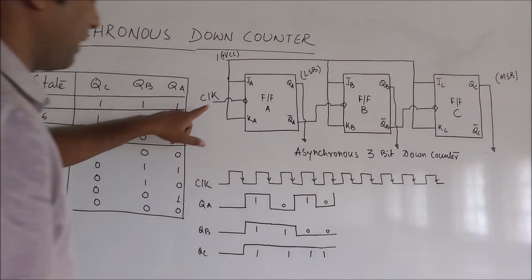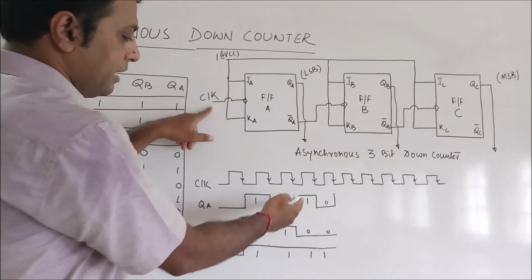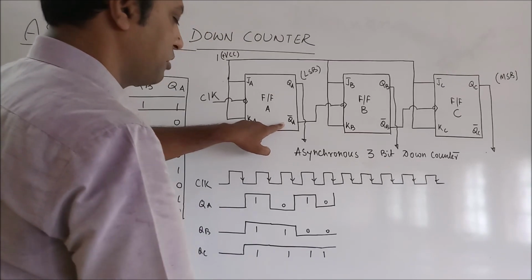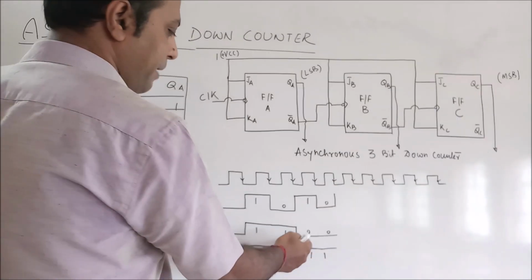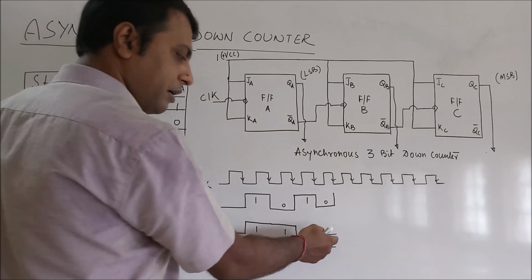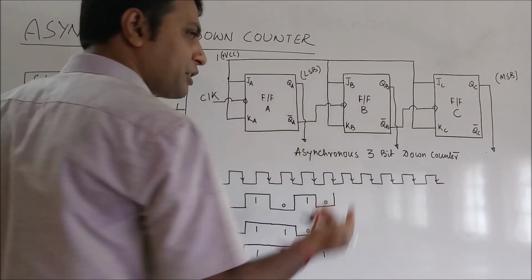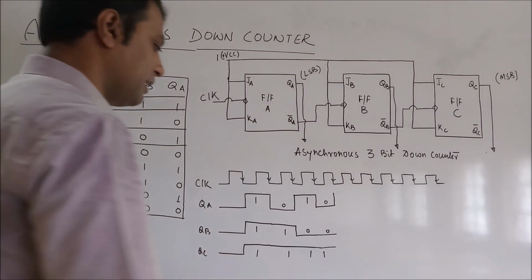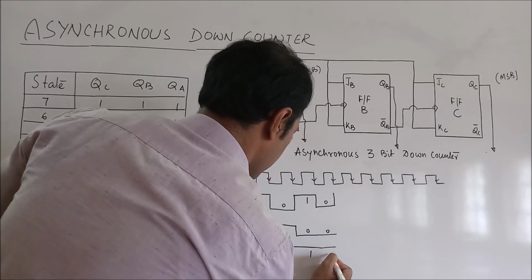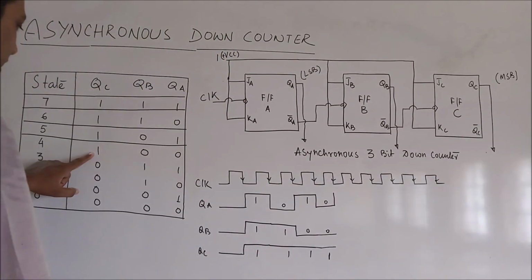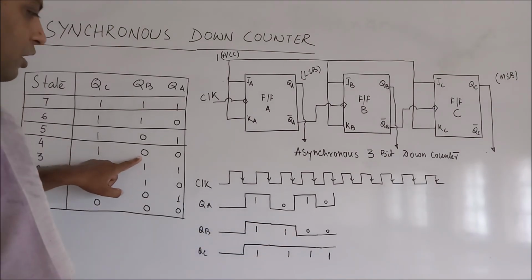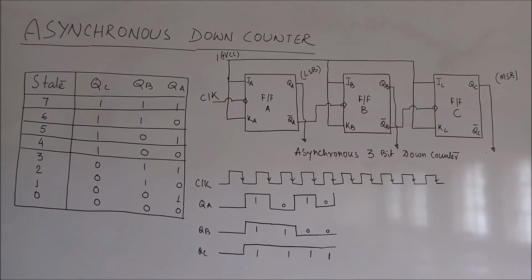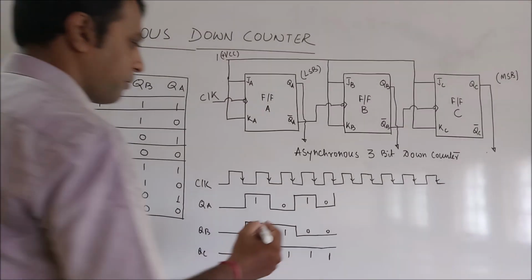When the fourth clock pulse is applied to flip-flop A, it switches from 1 to 0. So QA is 0, QA bar is 1, and QA bar being 1 means flip-flop B remains in the same state, that means it was 0, now it is also 0. So QB is 0 means QB bar is 1. When QB bar is 1, flip-flop C also remains in the same state. So the output is QC is 1, QB is 0 and QA is 0. So the output of this part matches. Now we move to the next clock pulse.